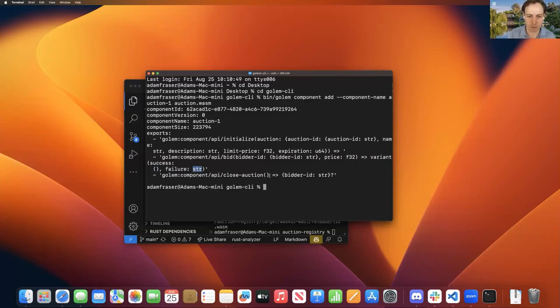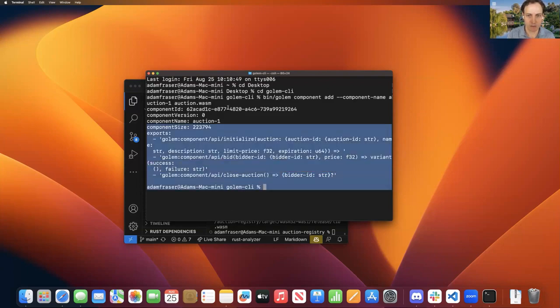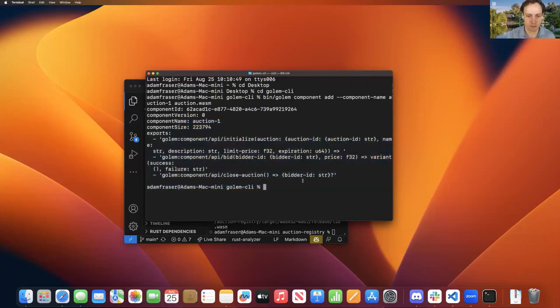And then finally, we have this close auction that doesn't need to take any parameters and is going to optionally give us back the ID of the winning bidder. Okay, and so now our component, our template exists in Golem here. All right, so now let's do the same thing